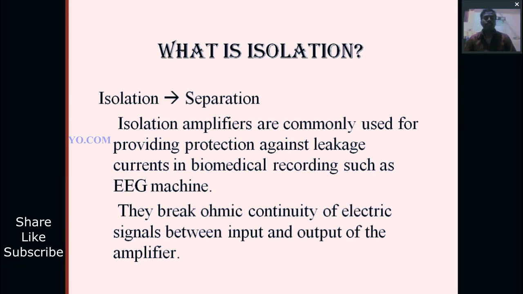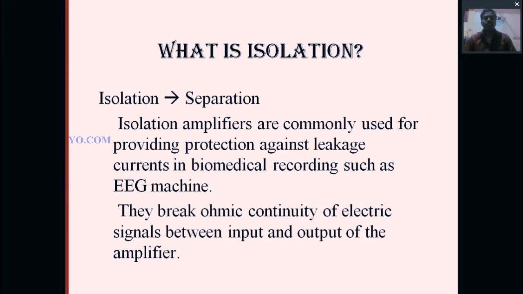Actually, why are we using an isolation amplifier in medical equipment? In medical equipment, we are using high voltage and low voltage. High voltage is used in display devices, that is the oscilloscope, and other recorders. Low voltage is used around the human, that is around the electrodes and leads. These are low voltages, in the range of millivolts. High voltage is in the range of more than 1000 volts.